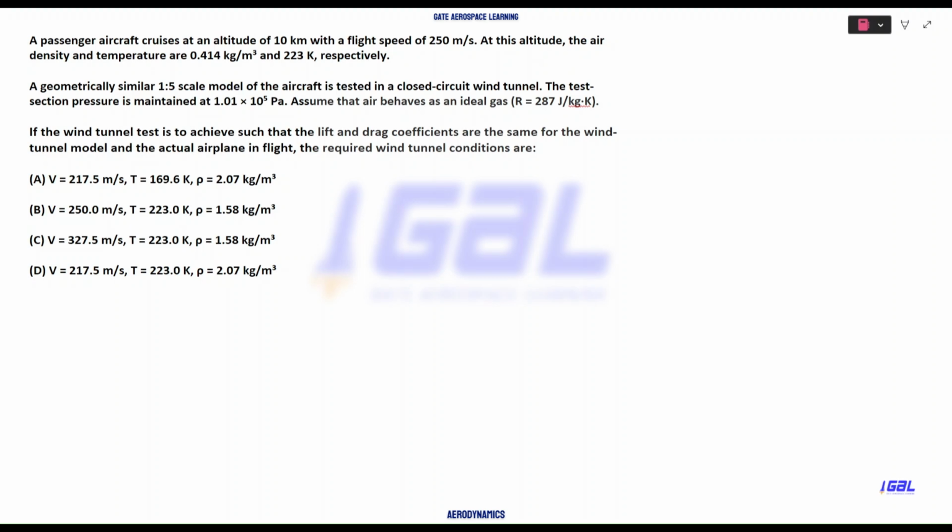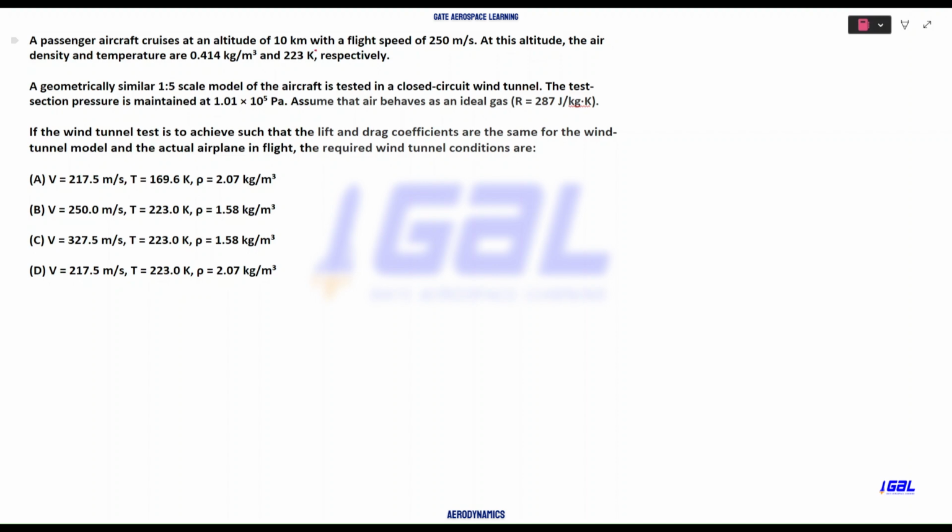Okay, so hi everyone. So let's see this question. Probably you can count this in your aerodynamics or fluid mechanics, and the topic is dimensional analysis. All right. So a passenger aircraft cruising at an altitude of 10 kilometer,